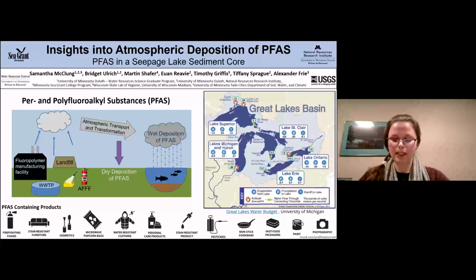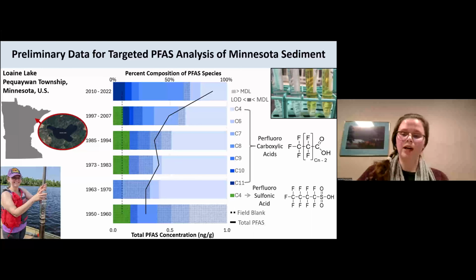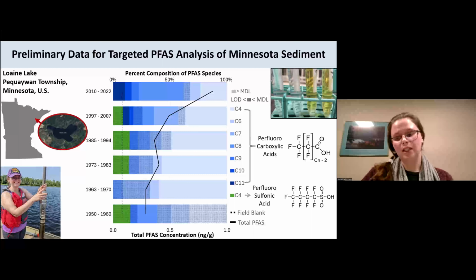So how did we study which PFAS have been introduced to atmospherically dominated lakes? This summer, we looked at sediment cores. Lake sediments are widely used to estimate historical contaminant load, and we collected a sediment core from a seepage lake in northern Minnesota just to get a baseline of what these atmospheric PFAS inputs can be. This lake was ideal for this purpose because it is a precipitation-dominated lake, meaning no rivers or streams were discharging into it, and it also has a small watershed. Additionally, this lake has a bowl-like bathymetry, which just means we could collect one sample from the deepest point of the lake, and it should be representative of the whole system.